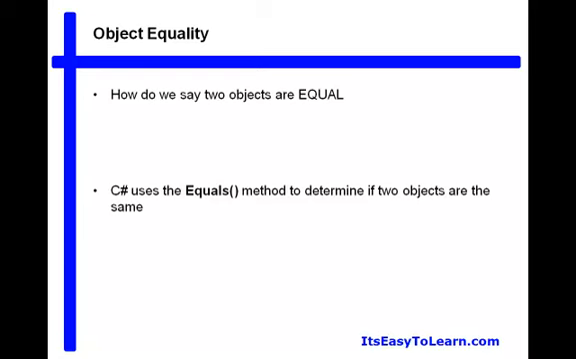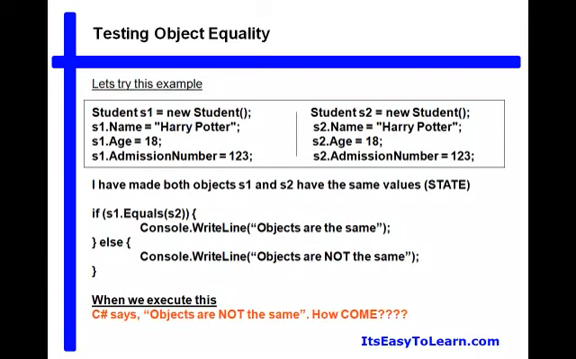Now let's look at object equality. How do we say two objects are equal? C# uses the equals method to determine if two objects are the same. For example,